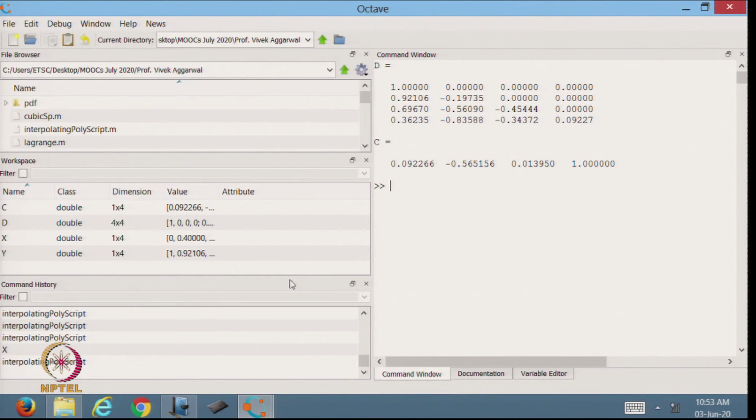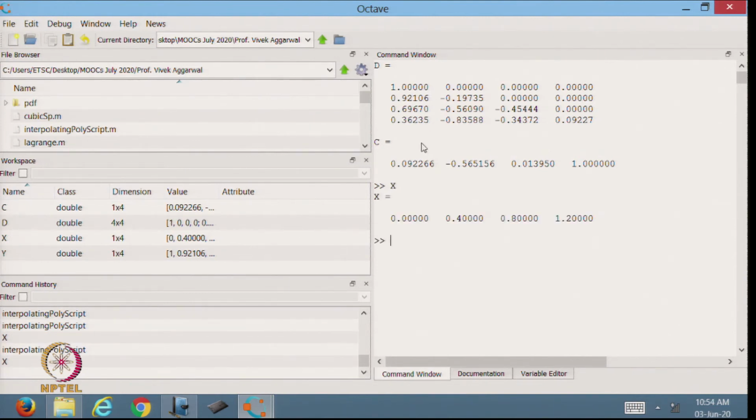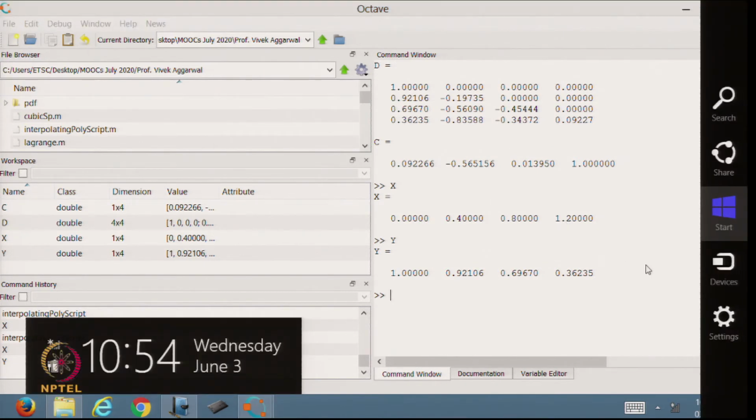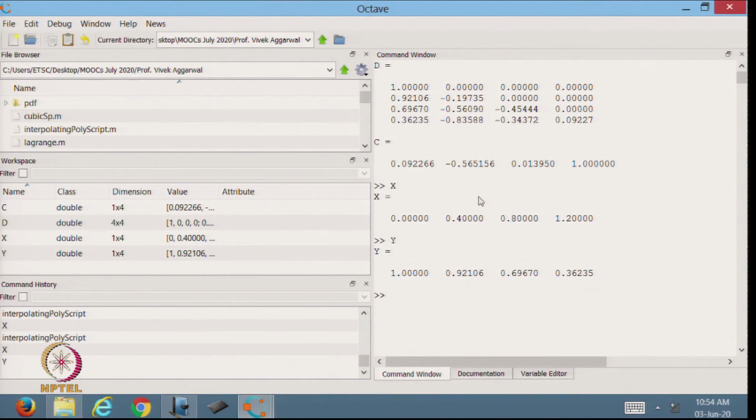So, that is my value. In this case my x is this and my y is this. x has the difference 0.4, 0.4 and 0.4. So, that is the uniformly distributed data that is given to us. This is the value of y.